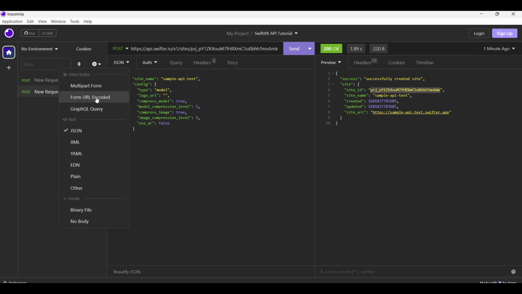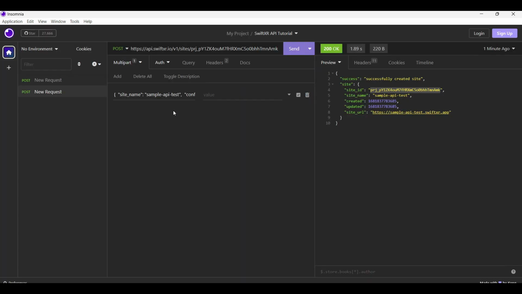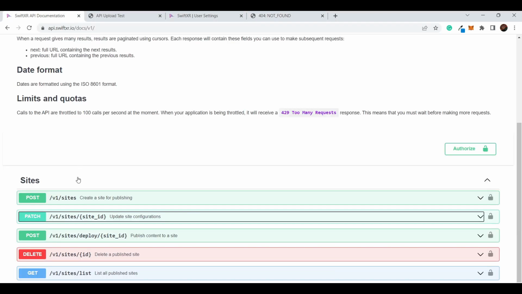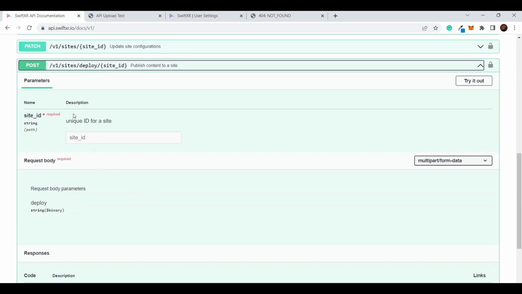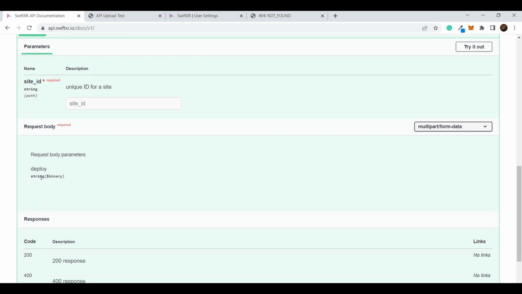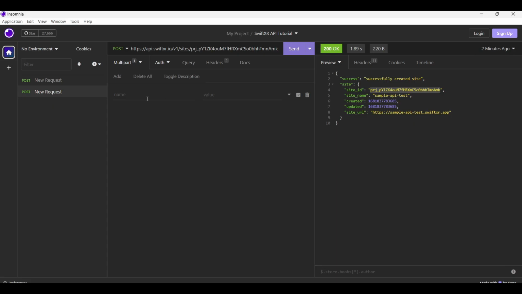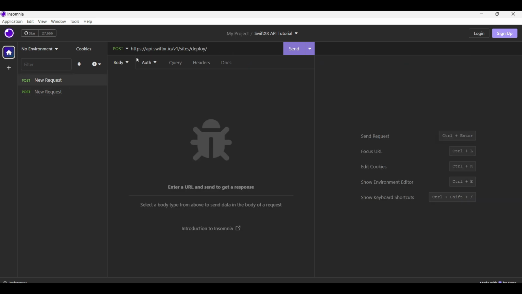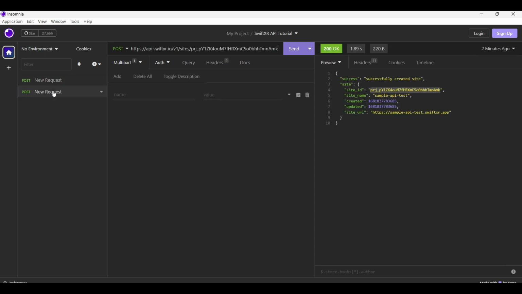For this one, the request body is going to be a multi-part form body. If you take a look at what we have for deploy, it just requires the site ID as the query parameter, and then the body is a form that takes a binary, which is going to be a form request. The reason why we made a form request is so that you can deploy your project easily without having to combine JSON requests with form requests. So you use your normal sites, you use your normal,